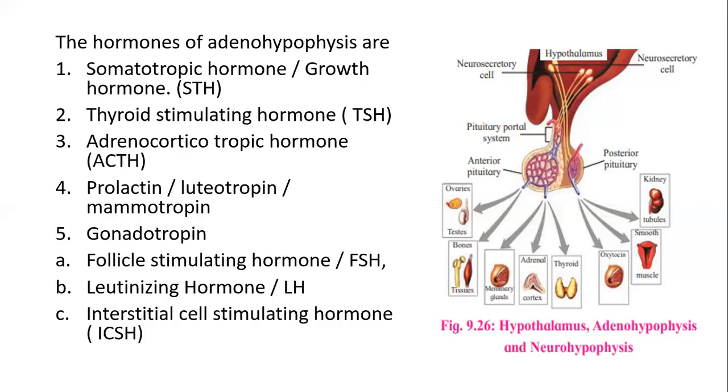See, there are changes in males after the age of 12 or 13, as their voice changes, and the beard or mustache appears on the face. So these changes are due to the hormone androgen. Testosterone is responsible for the development of secondary sexual characters in males. So these are the hormones of adenohypophysis.